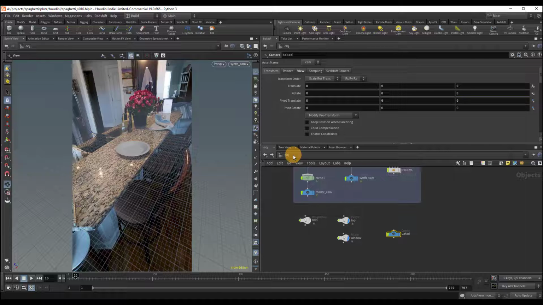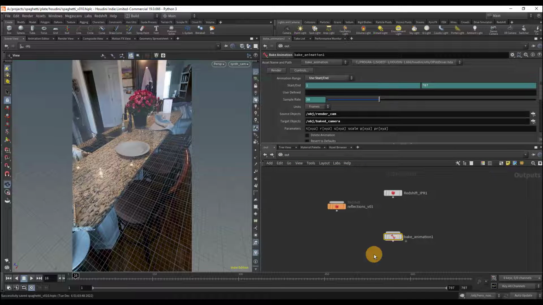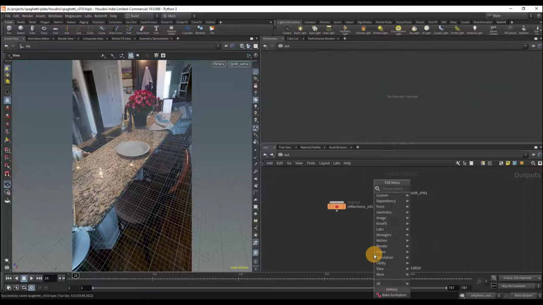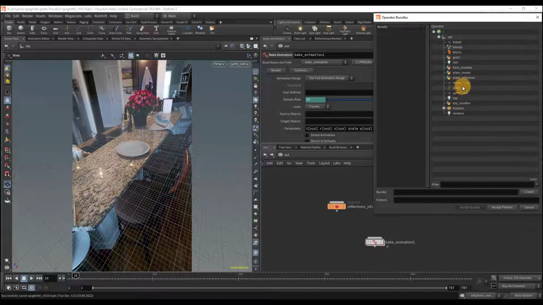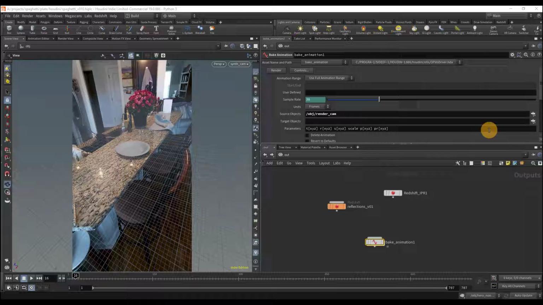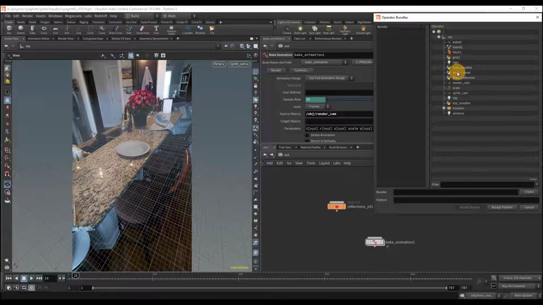And then we're going to switch context. So we're going to go from OBJ to out. And let me delete that and remake it. And so the node that we're looking for is called bake animation. And as I was saying before, we have a source object and then a target object. So the source object we need to choose is the source. So I'm going to be using a render cam, and then we're going to be baking that into our baked